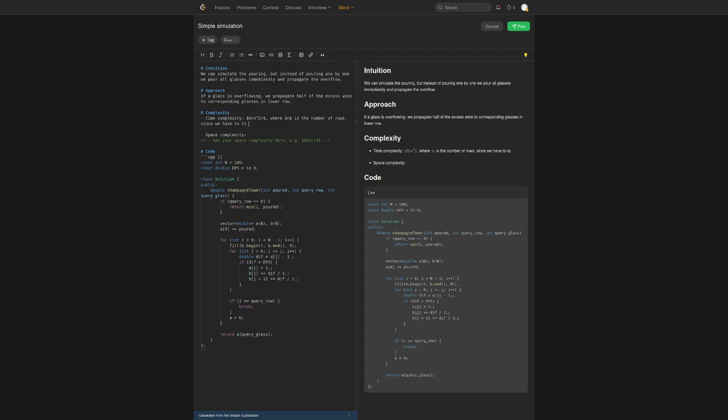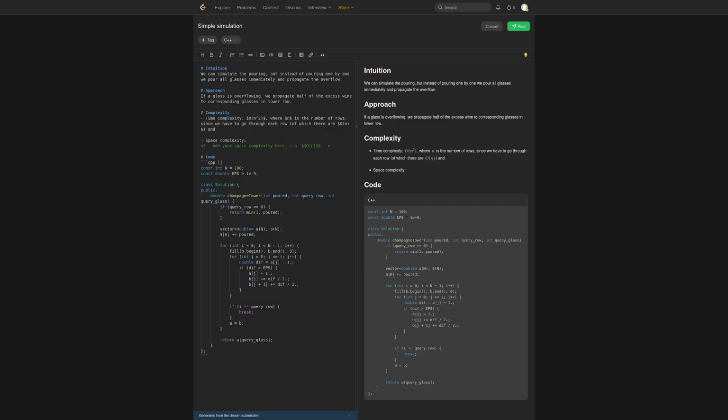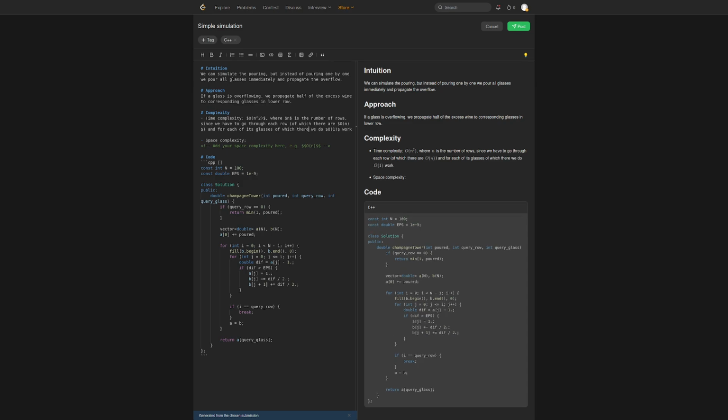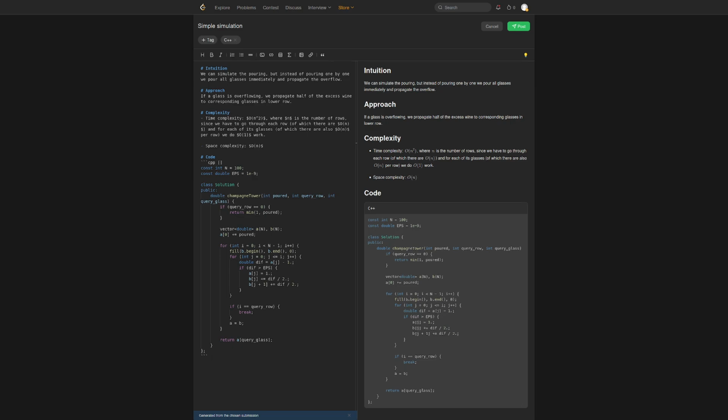Since we have to go through each row, of which there are O(n), and through each of its elements, for each of the glasses we do O(1) work, of which there are also O(n). O of n if